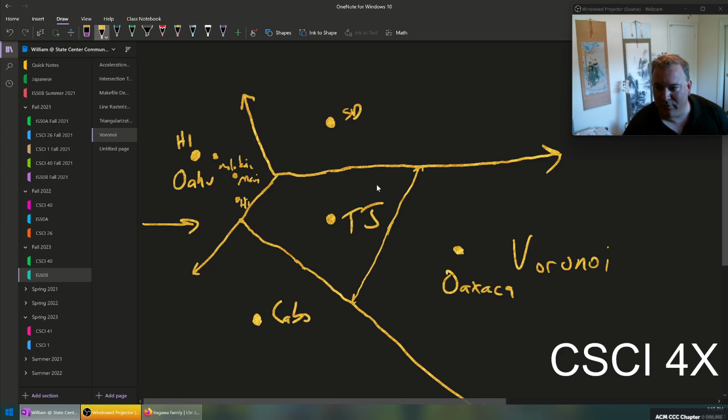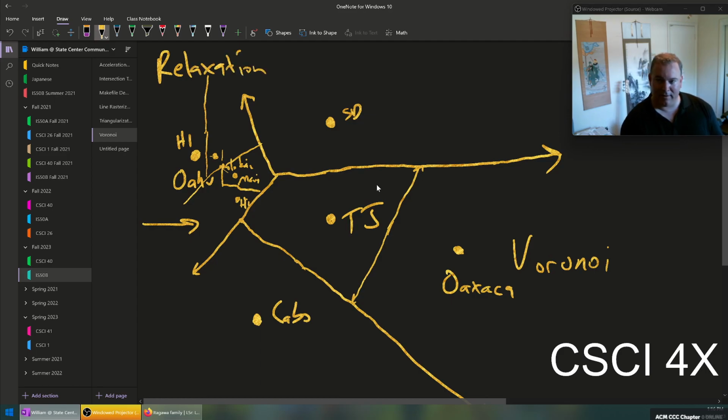And if we have this and we do a Voronoi diagram, you can end up with something where the split goes this way, and you can end up with these really narrow, needle-like zones. So oftentimes we want to do what's called a relaxation on the Voronoi diagram, and what that does,